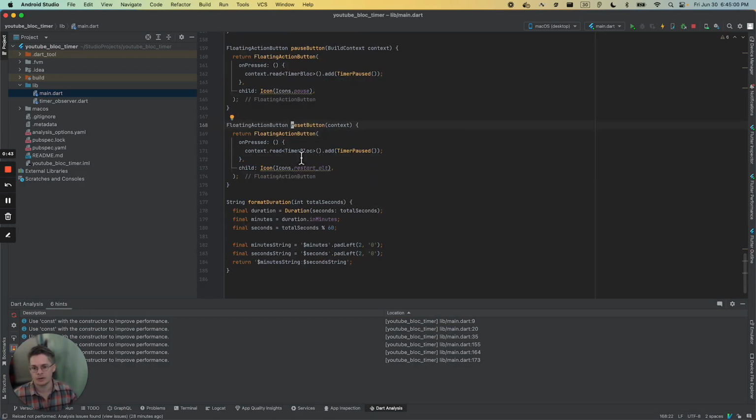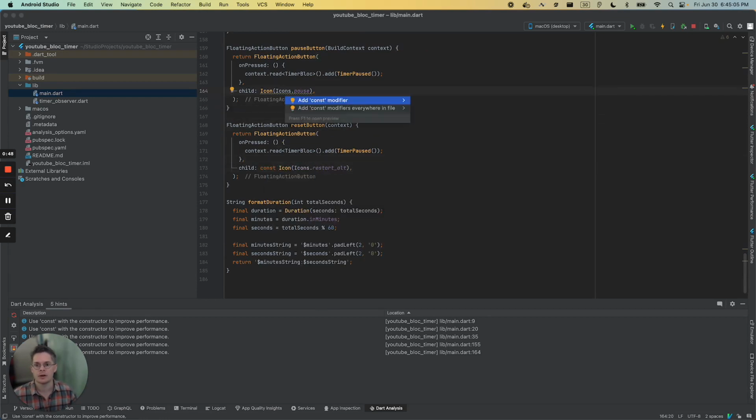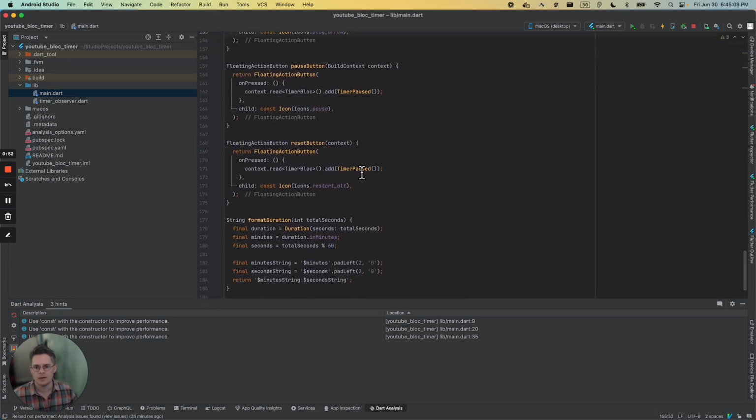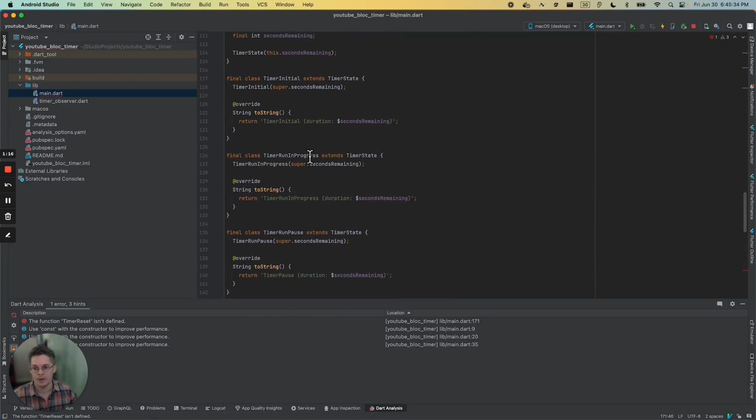Yeah, so even though, let me just go ahead and const these dudes and the play button. Even though I haven't really defined anything, I can just push down to where the logic's actually going to live and keep it pretty simple in the UI. So I kind of like that. But reset doesn't pause. What it does is it adds an event called timer reset, right? Yeah, so now we got to go make that event